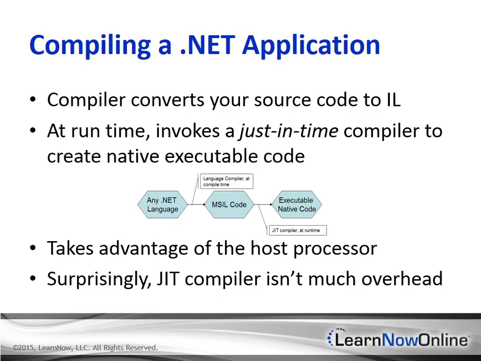Now, in order for your applications to run on client machines, the current version of the .NET framework, or actually the version that your application is compiled against, including the Common Language Runtime, has to be installed on the client computer. It's likely that the .NET framework has already been installed on a Windows machine. It's just so prevalent now. But if it hasn't, you'll need to download this from Microsoft's site or include it with your application's deployment package. Although deploying .NET applications is beyond the scope of this course, it's a very important issue that you'll need to